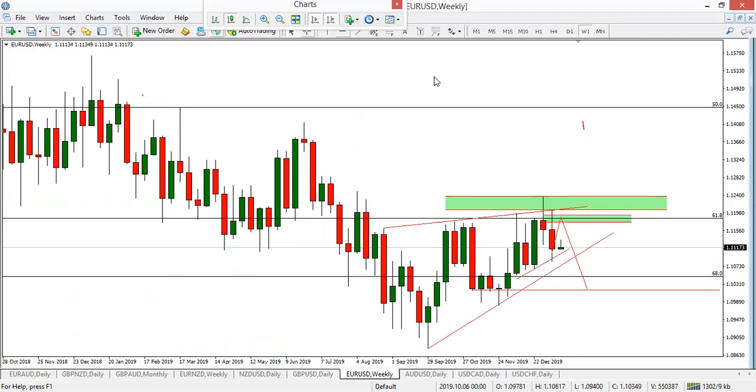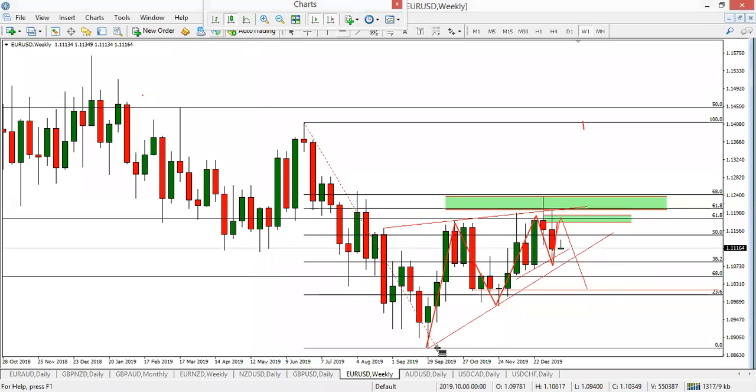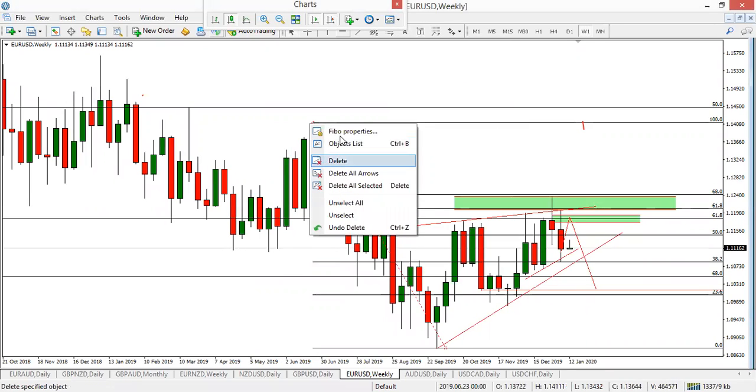So when we break it down to the weekly time frame, you see there was a pullback here, then a little bit of consolidation going on here. And let's not forget our Fibonacci retracement tool, very important. So you can see this is the 61.8 retracement level here. And there was a bounce off, a pullback. So what I'll be waiting for right now as a swing trader is a